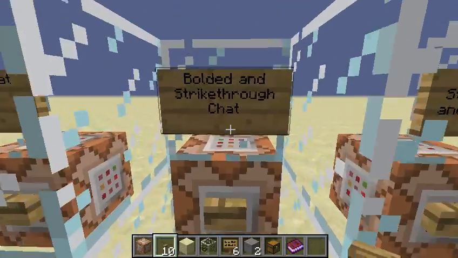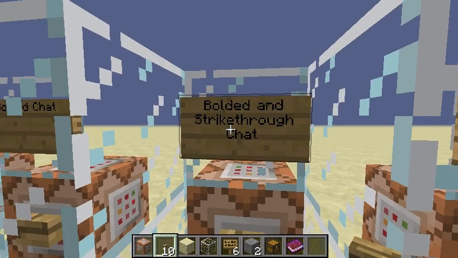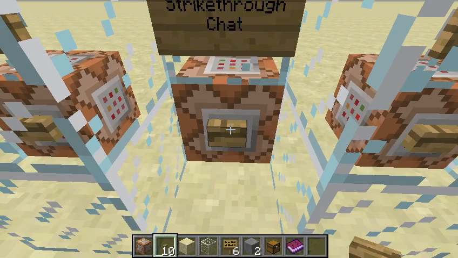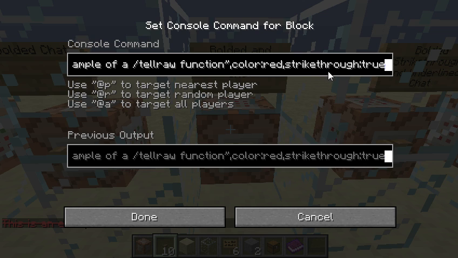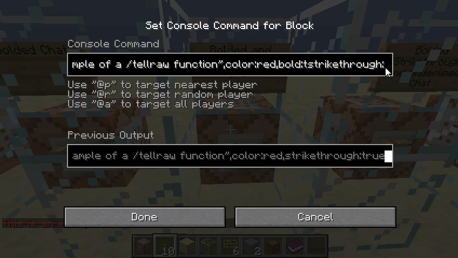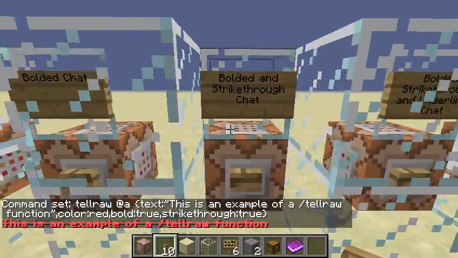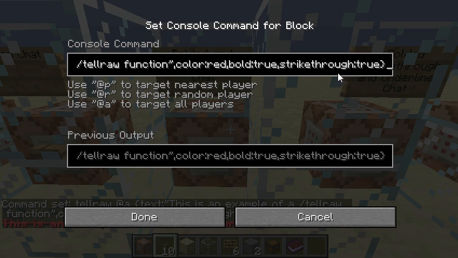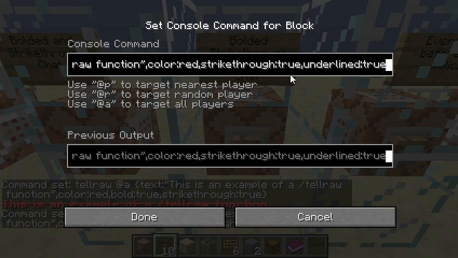Alright. So we are gonna have bolded and strike through chat. Actually, I have tested it. I don't know why I put bolded. When you do strike through, apparently it doesn't add bold for some reason. So when I do this, this is an example of a tellraw function, and that has a line through it. Did I really not add bold? Oh, well that's embarrassing. Let's see if it works now. Oh, yeah, it does work. God, I'm stupid. But yeah, bolded and strike through chat. So again, all we're adding, guys, is whenever we're adding something to this, we're just adding a new line of text. Very simple. So I'm just going to put true, strike through is true. Bold and strike through, everything's the same except I need to...